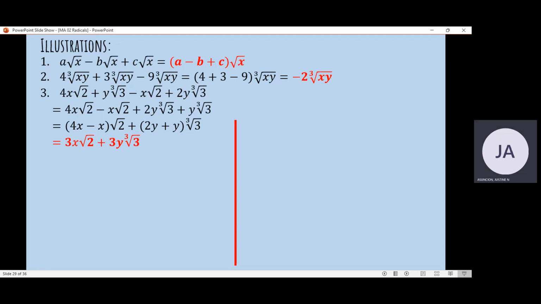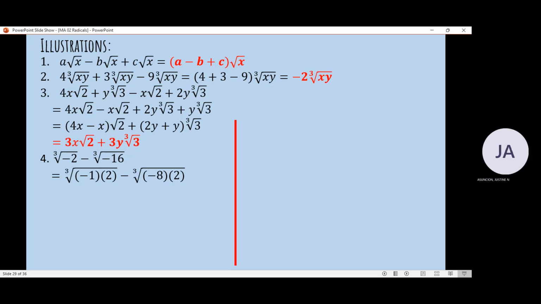Another example: the cube root of negative 2 minus the cube root of negative 16. Again, we need to consider the laws of radicals to simplify this. For instance, we can factor negative 2 as negative 1 times 2, and negative 16 as negative 8 times 2. Applying the laws of radicals, we have the cube root of negative 1 times the cube root of 2